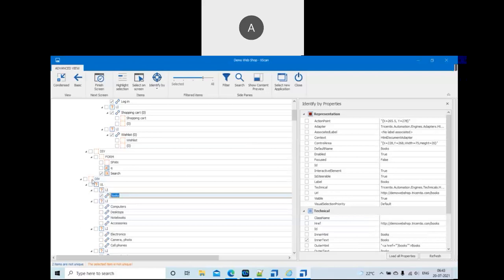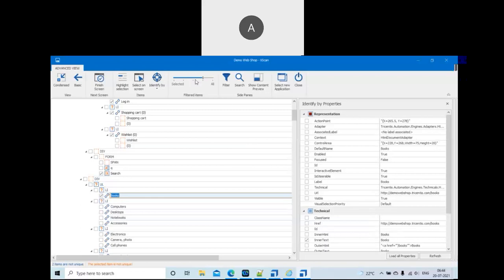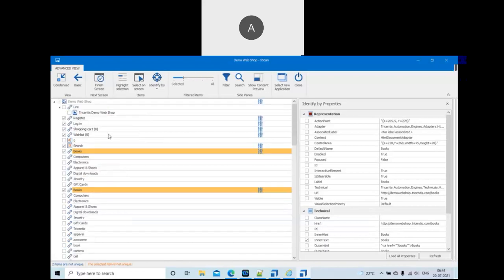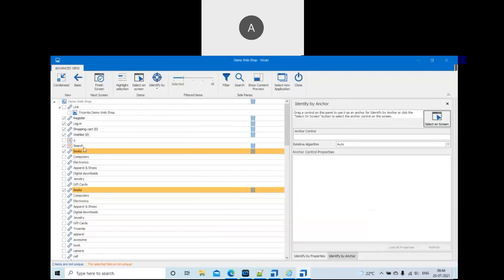These are called the parent properties. If we select this parent, then automatically this is unique. But what is selected at the parent level, the parent also must be unique. So here it is not possible. Then go to the identifying mechanisms. Select the books. Identify by anchor. What is anchor? Identifying the object as unique with the help of the